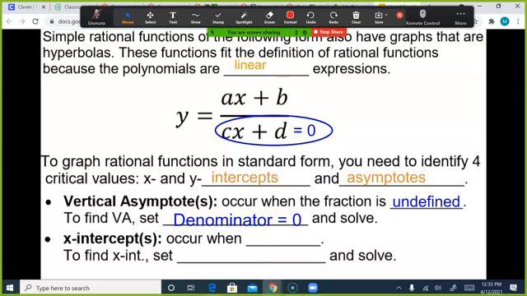So if you think about why they are what they are, it makes it a little easier to remember. Otherwise, you just have to memorize it. So vertical asymptote is when the denominator is 0, because we can't divide by 0. Undefined, and that's what it cannot be. Vertical asymptote is what the graph